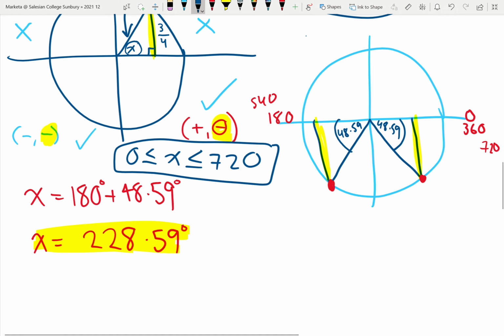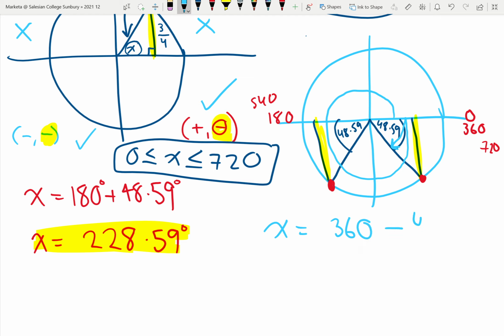So let's go to the next one. I'm going to go from 0 to 180, and I want to get to here. So this would be up to 360 in the positive direction, then in the negative direction by 48.59. So I've done x equals positive 360, and then in the negative direction by 48.59, remembering that the negative direction of the unit circle is this way and the positive direction is this way. So x equals 360 minus 48.59 equals